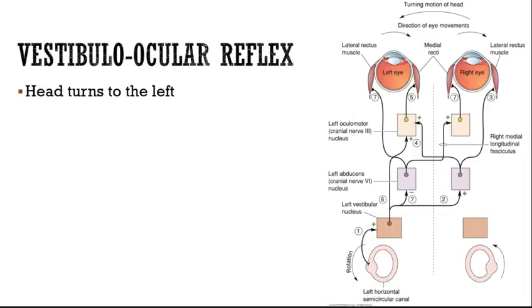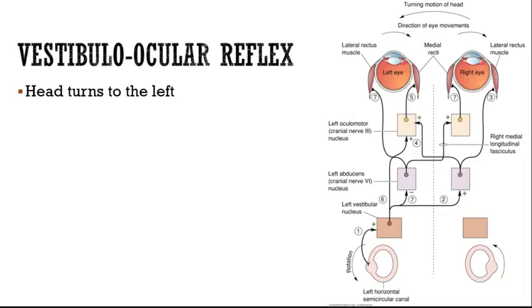We also send signals over to the other side, over to the right eye over here. So we're going to stimulate this abducens nucleus over here. That's going to cause this lateral rectus muscle to contract. And at the same time,